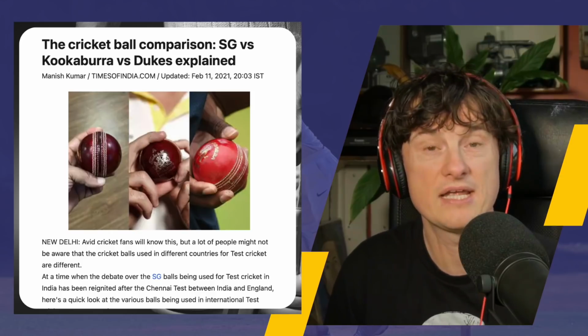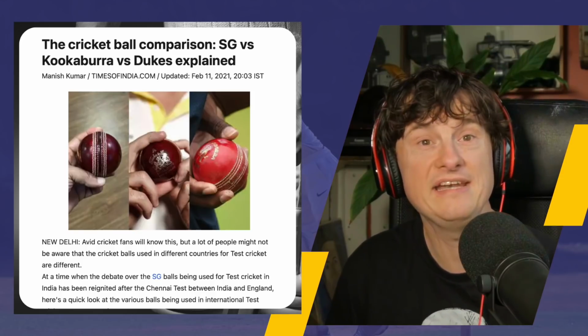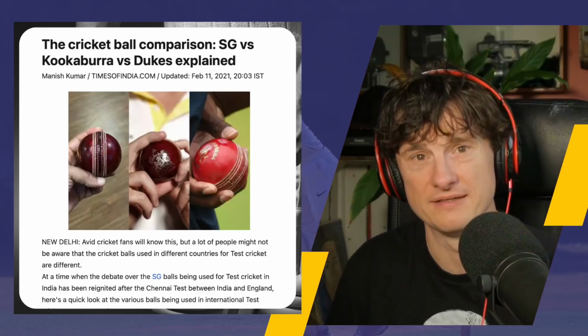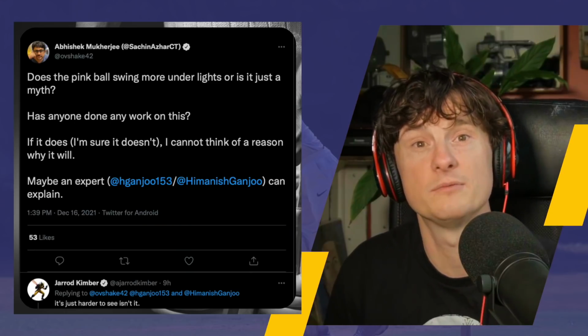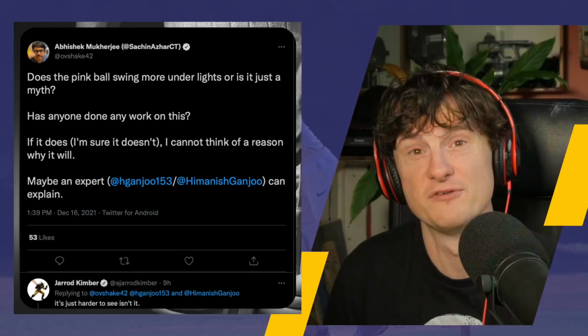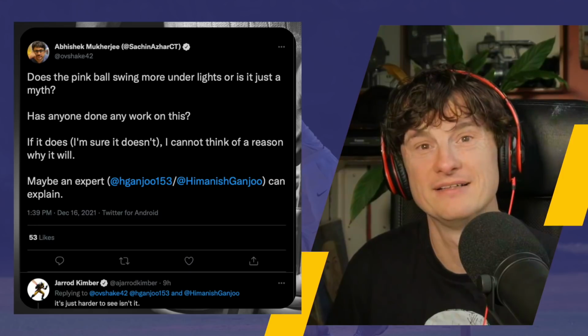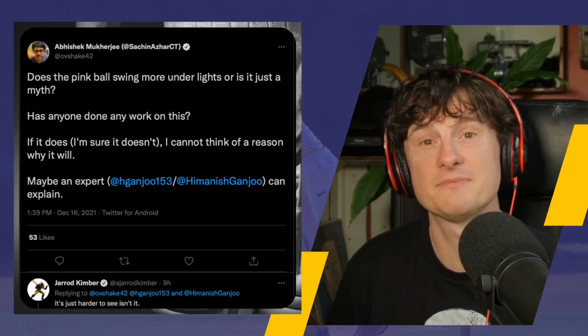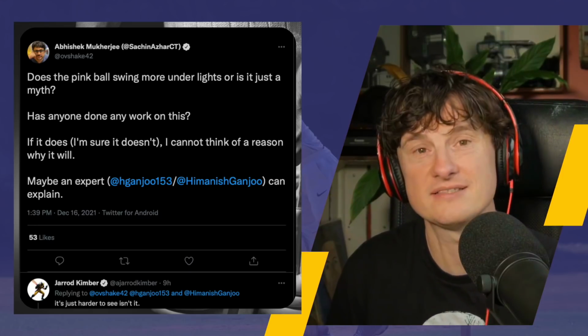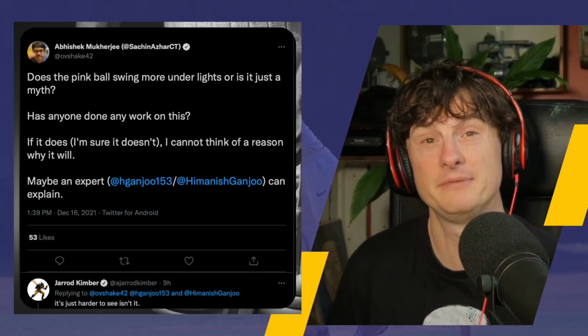It also doesn't rag anymore when it's spinning. Even the Indian anomaly was more because it didn't spin. And this is a fair tweet from Abhishek as well, because I'm not sure that the ball actually does move that much more under lights. But that's not when the wickets are falling anyway. And I am with Abhishek here. I find it hard to believe that the ball would swing more under lights than it would without it, although I'm happy to be proven wrong.